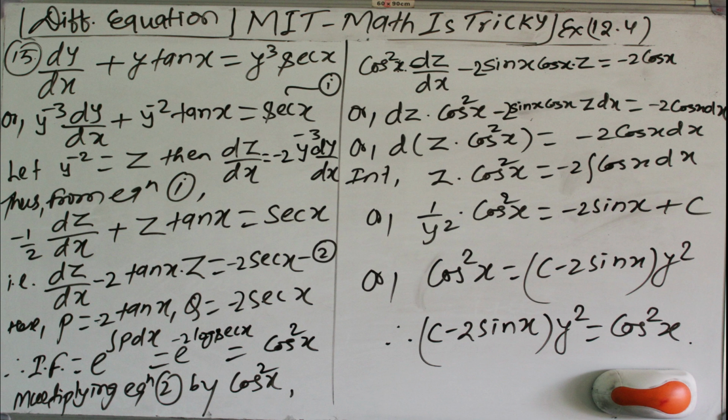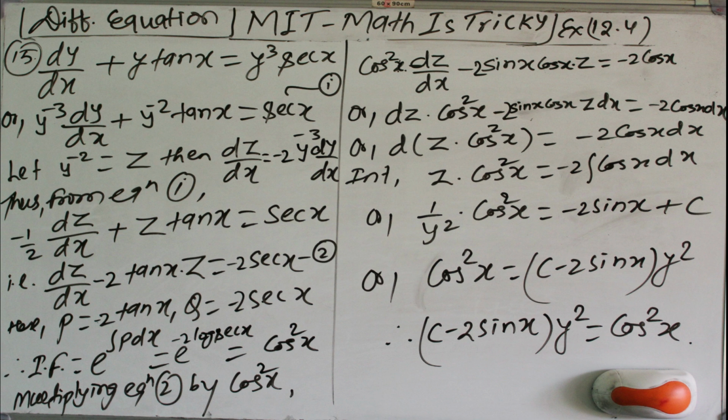Now we can see that this equation 2 is in linear form. By comparing, we'll get p equals minus 2 tan x and q equals minus 2 sec x. So the integrating factor will be e power integration of p dx, which gives e power minus 2 integration of tan x dx,